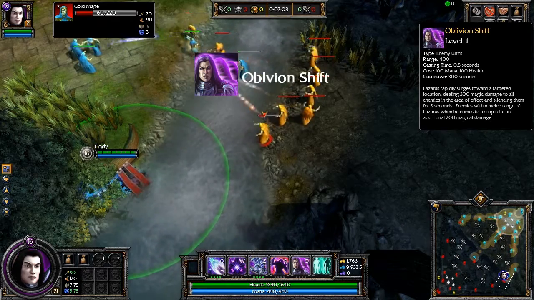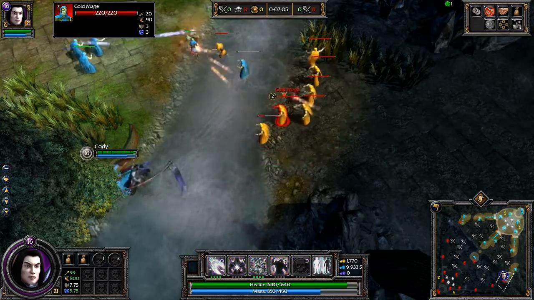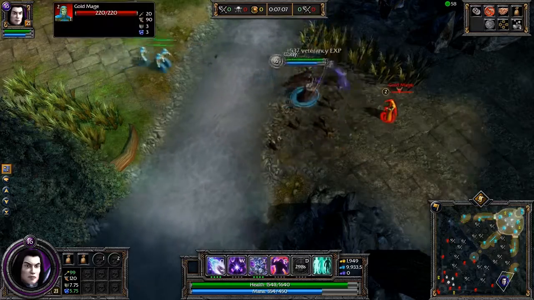Once a target destination is selected, Lazarus will rapidly surge to that location. Upon arrival, all enemies in the